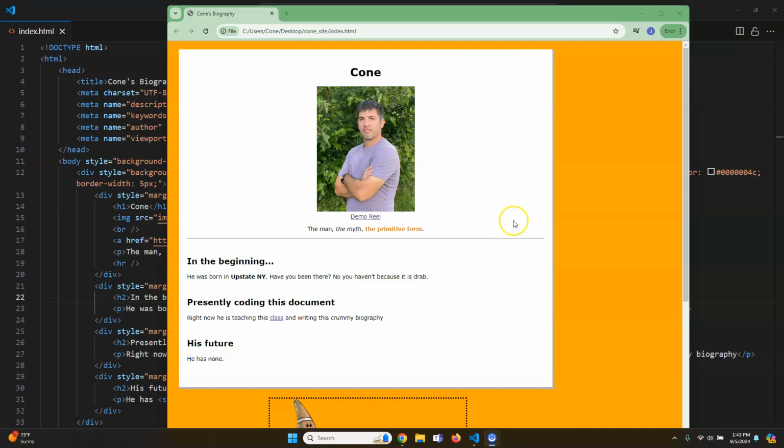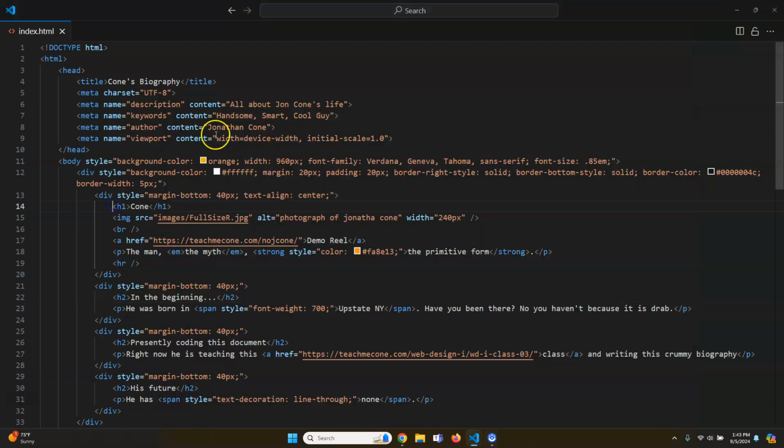So this is what our page looks like. The goal for this is to try and basically convert our inline CSS to internal CSS. The idea is that we're not going to change so much what this looks like. We're just going to try and make it so it's not inline, because that is not as good of a way of doing it. Okay, so what we want to do, if you recall, is that we want to put